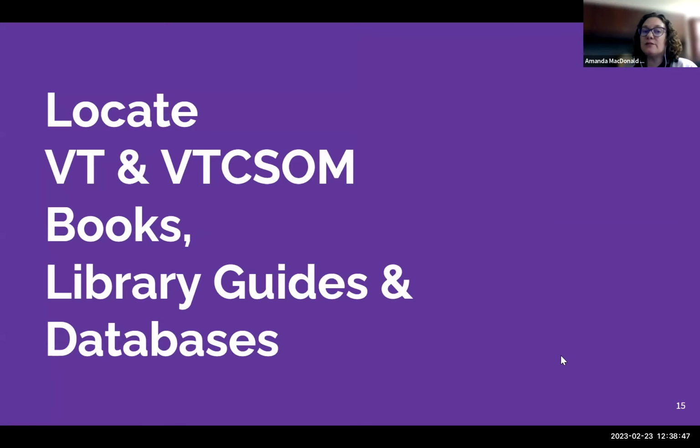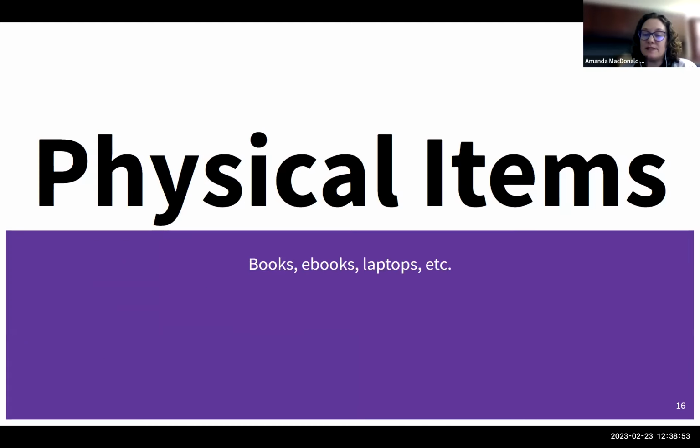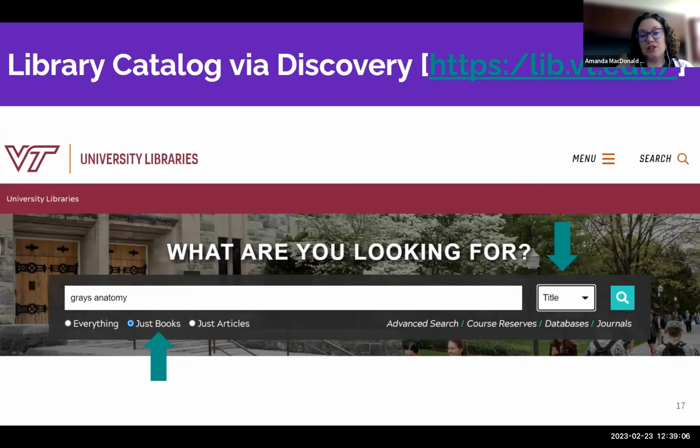So moving towards locating materials, so thinking about books, but also library guides and databases. When we think about physical items that you would want to use, but I also put ebooks on here, even though I know those are digital, as well as things like laptops and equipment like earphones, iPads, things like that. You can search using what we call discovery search. This is on University Libraries' main webpage,